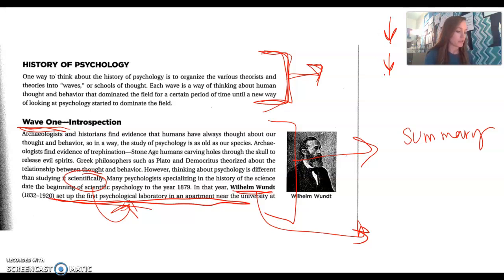I would like you to do that for each wave. We're going to go all the way to wave 5. I don't know if you can even see this here, but I want you to stop at wave 5, and we are not going to move on to the perspectives. The perspectives will be for the next class period. I just want you to get the history part. So stop after all the waves.